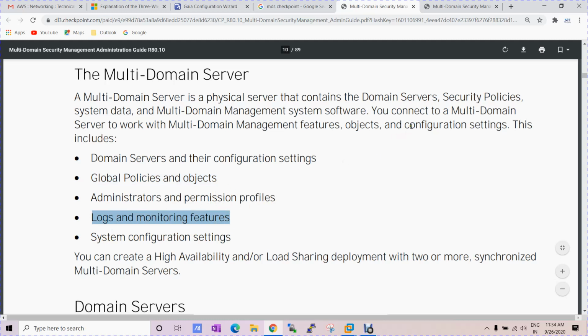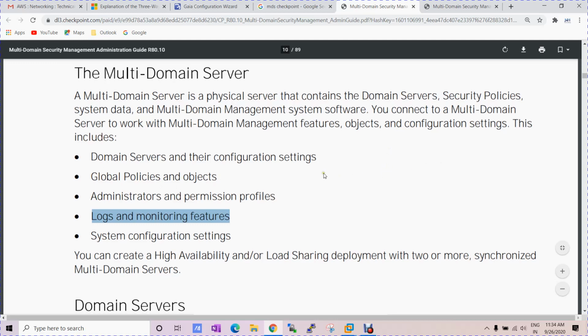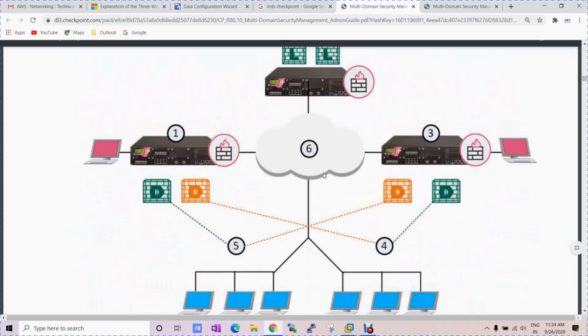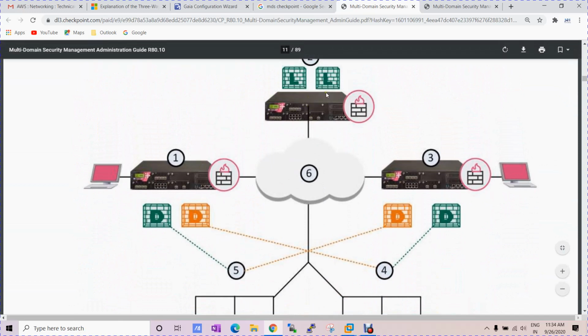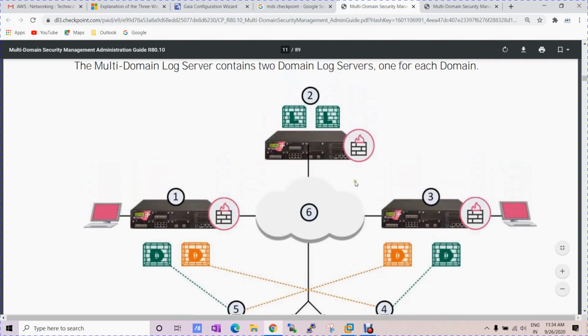So here are the multiple features. If you have multiple domains in the environment like this, you don't need to create policies on every server. If you have global policies, you can configure one as primary, another will be a backup of that, and another will be a backup of that one also. All will be in sync.